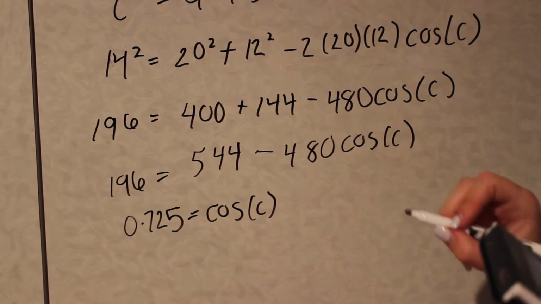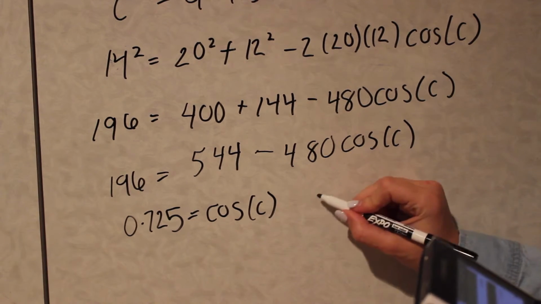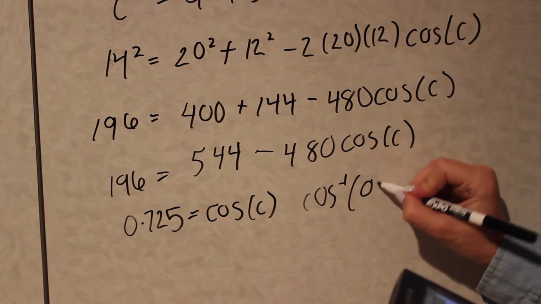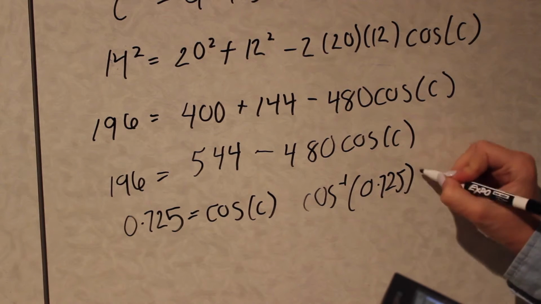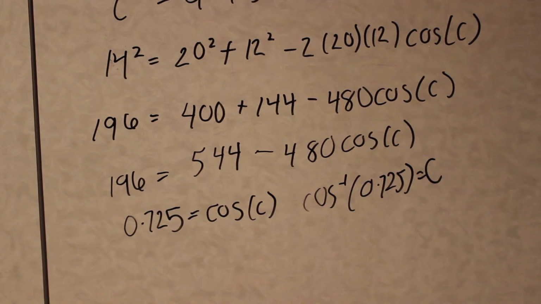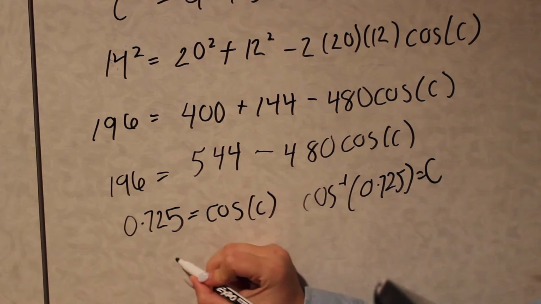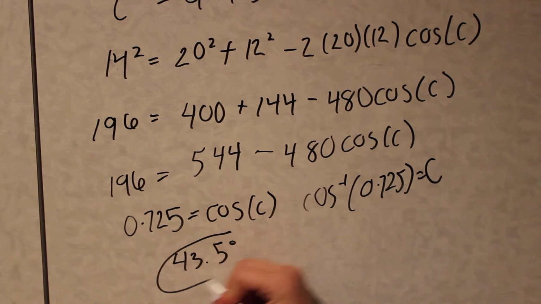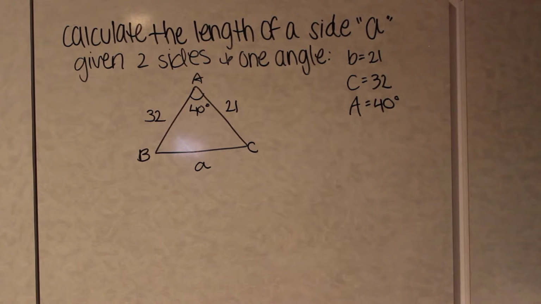Now to isolate C, you take the inverse cosine of 0.725. Then when you take the inverse cosine of 0.725, it gets you 43.5 degrees. For this next problem, it is to calculate the length of side A given the two